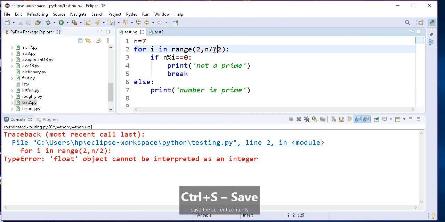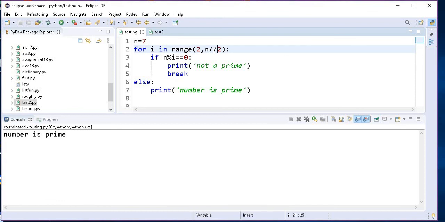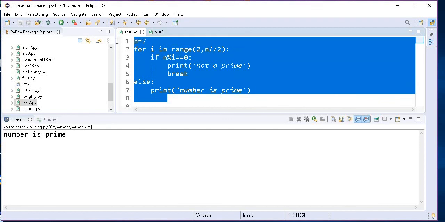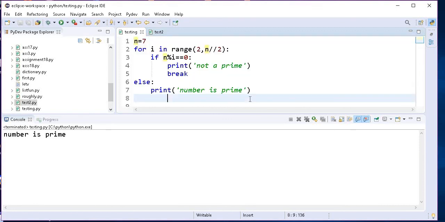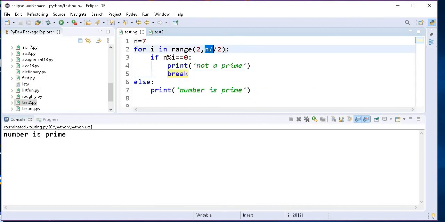Now let me run our code. Yes, we got it. This is the efficiency. Now we have found whether a number is prime or not in an efficient manner. Using this code, we have just added this line, double division by 2. Many members don't know this simple part and they are wasting a lot of time for the machine itself. That's why I want to share it.